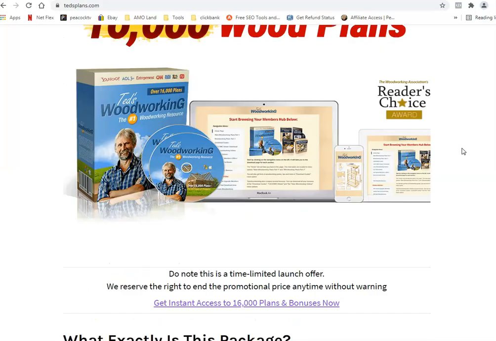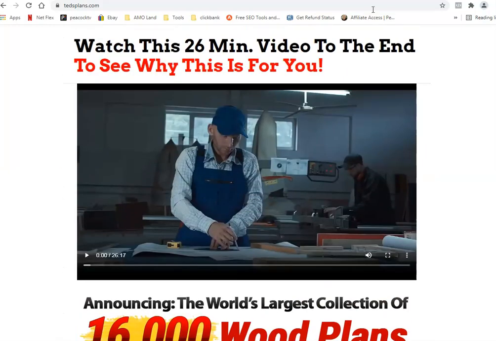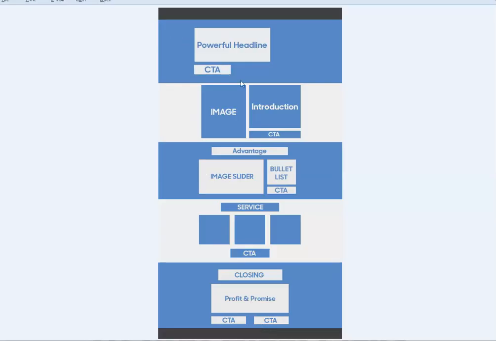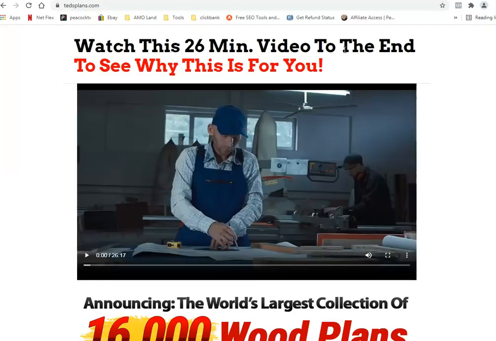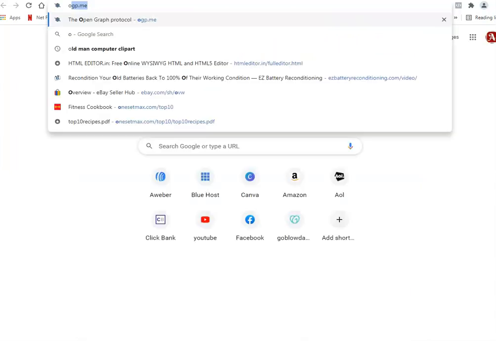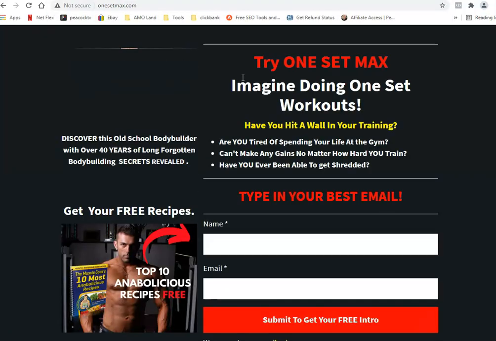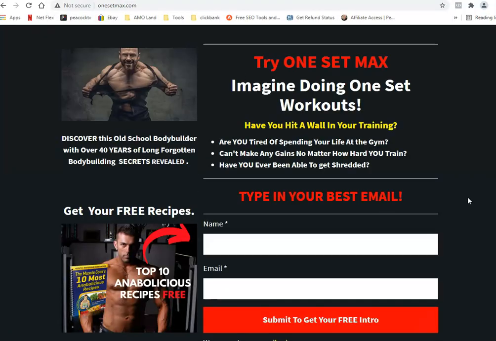Okay, this is more of a bridge page here. Okay, and they all, again, if you want to follow this principle, powerful heading, call to action, and it doesn't matter whether it's a lead capture page. Okay, let me see if I can pull up my, missing a little letter. Okay, so this basically,